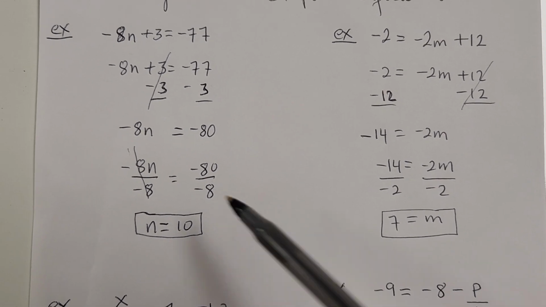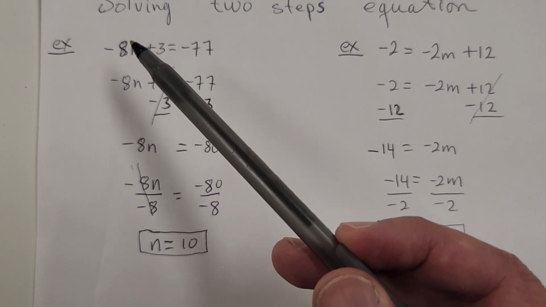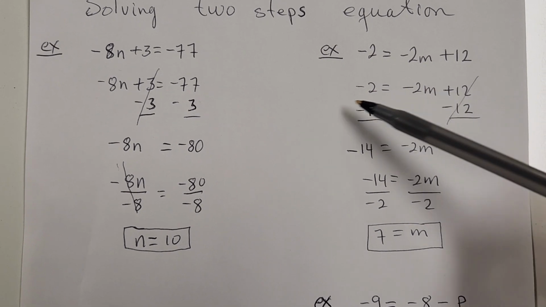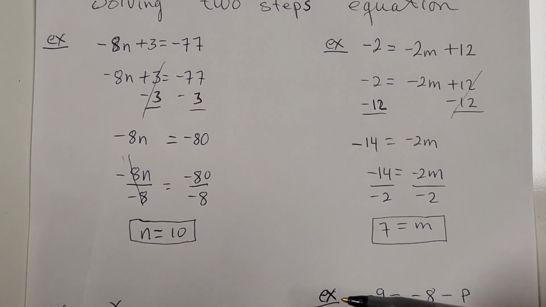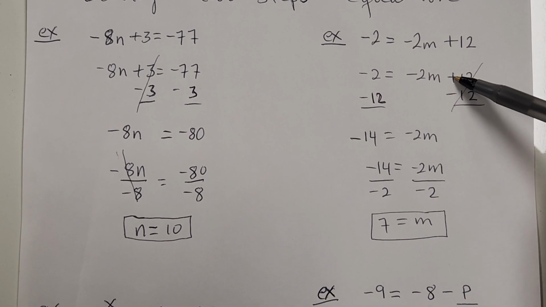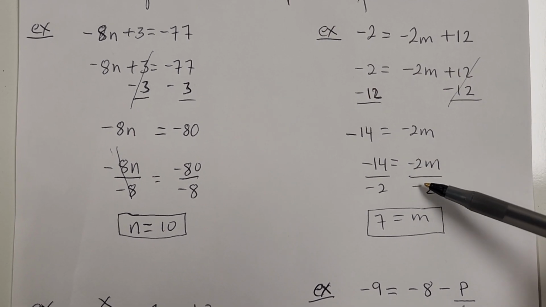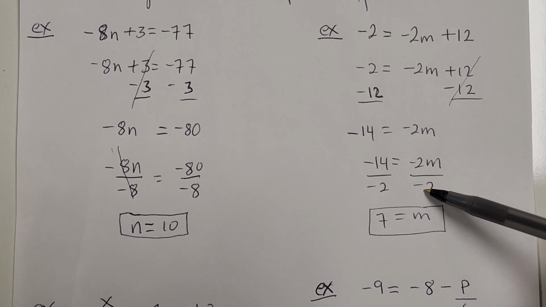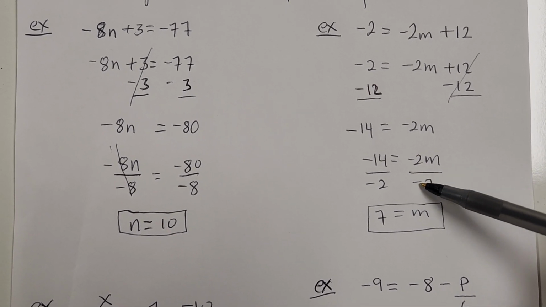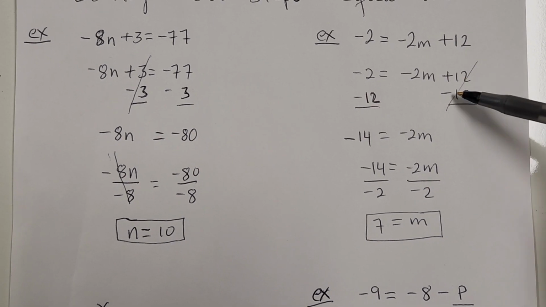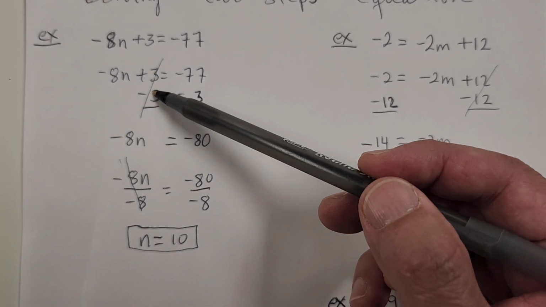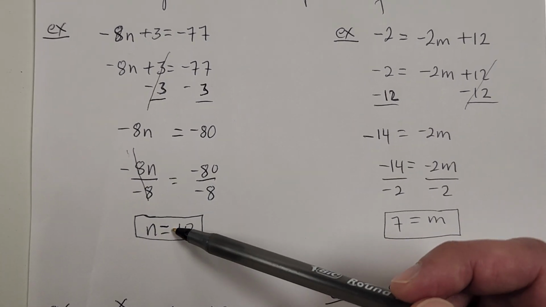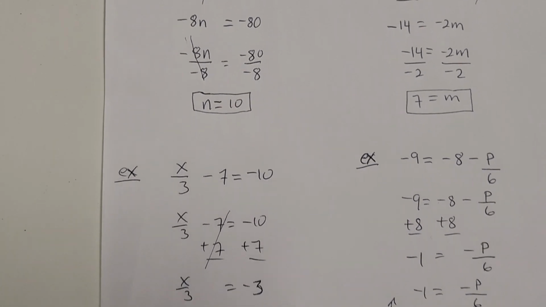Okay, so one more time, if the letter is on the left, move everything to the right. If the letter is on the right, move everything to the left. When you move a number, only the plus and the minus will be opposite. When you divide, you only divide the whole thing. You divide that number as is. So do not change the opposite here. You only change the opposite right here and right here as well. This is where you change the opposite. When you divide, you don't change the opposite. Okay? Next example,